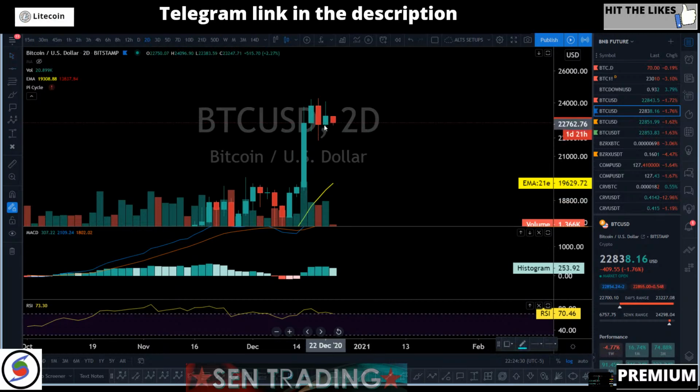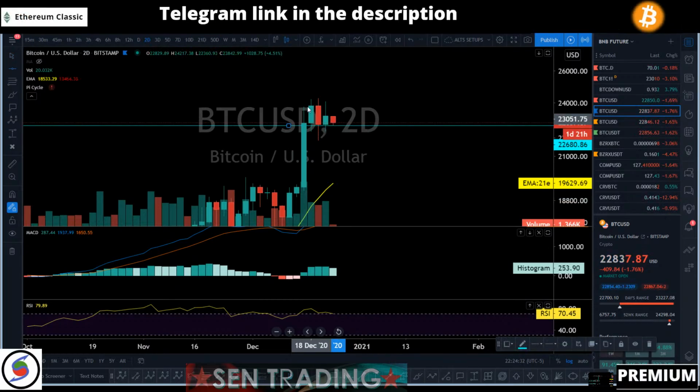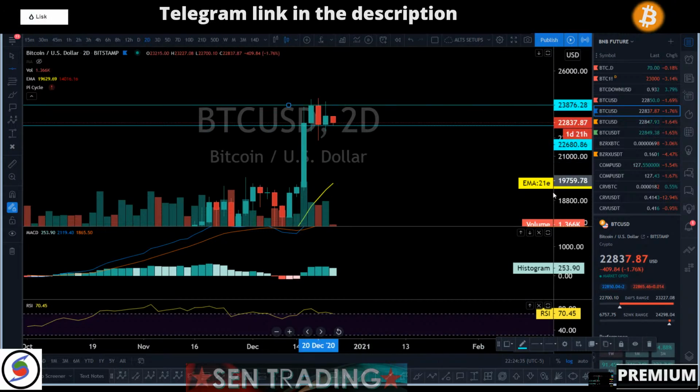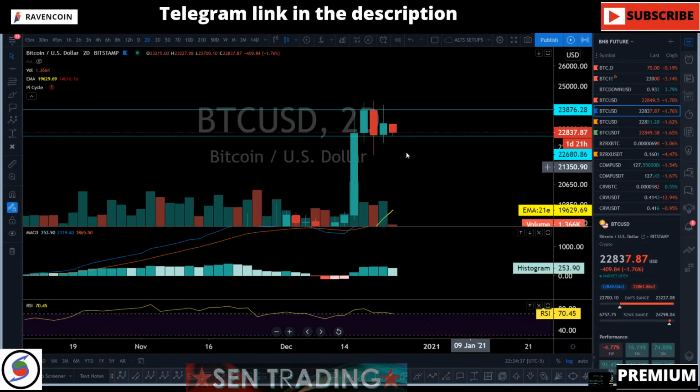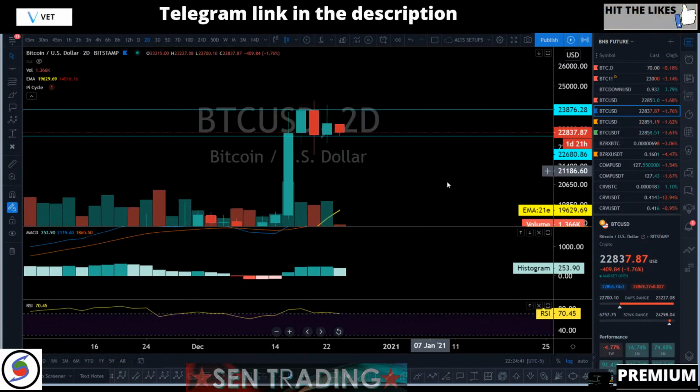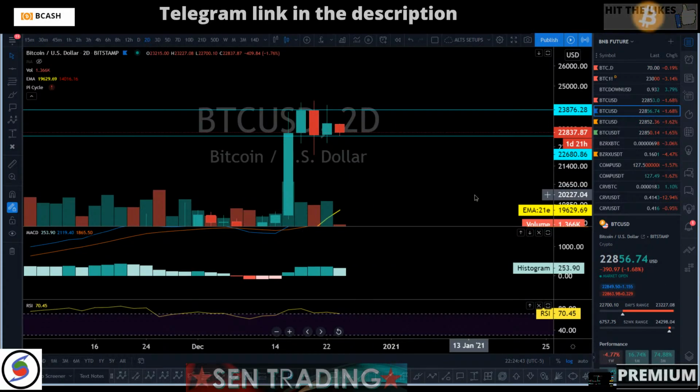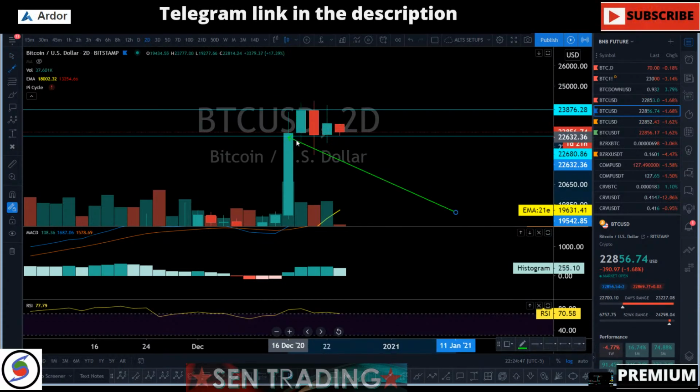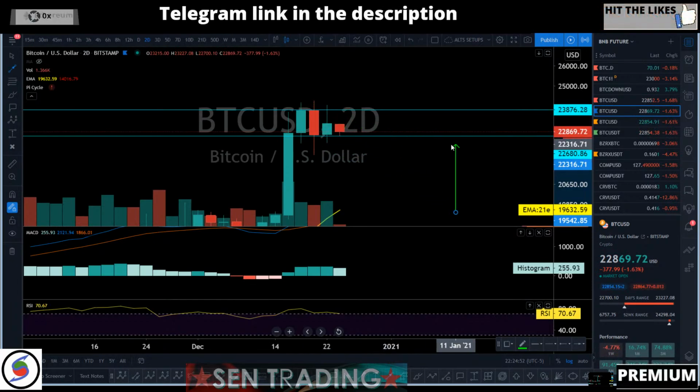It doesn't seem like we're going to be dropping at all, really. If you take a look at it, we're just moving sideways over the last, like, 8 days almost. After this candle close, you can see we're moving in terms of support and resistance, right? So rejection, support, rejection, support, rejection. So nothing has been confirmed yet.